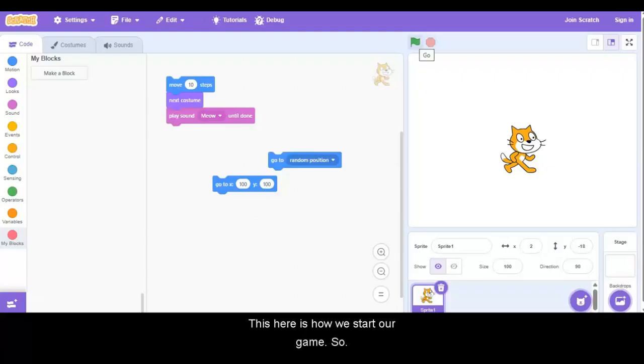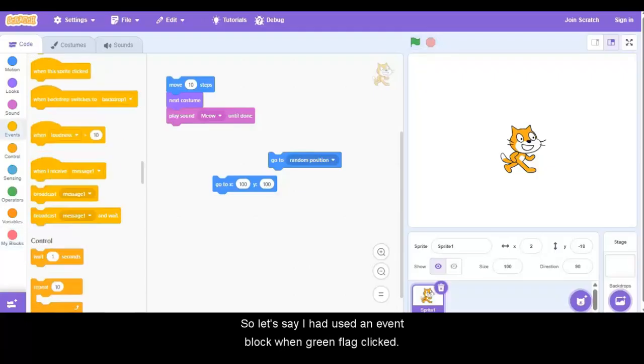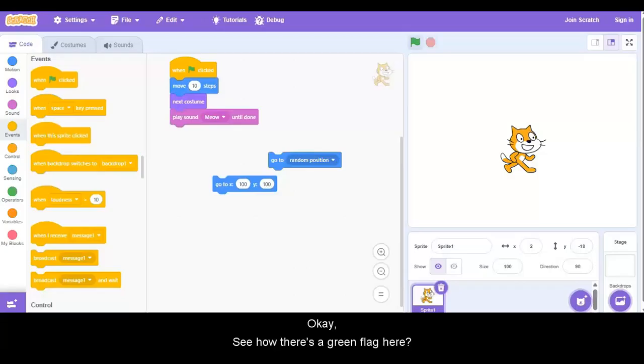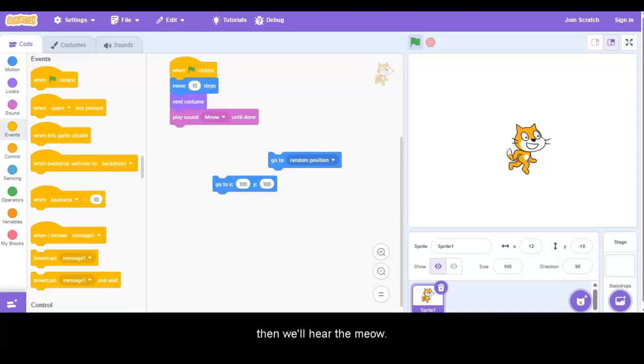This here is how we start our game. So let's say I had used an event block, when green flag clicked. Okay, see how there's a green flag here? I click on the green flag. He'll move his 10 steps, and then we'll hear the meow. If this was a longer running program, you might want to have a stop in there to be able to